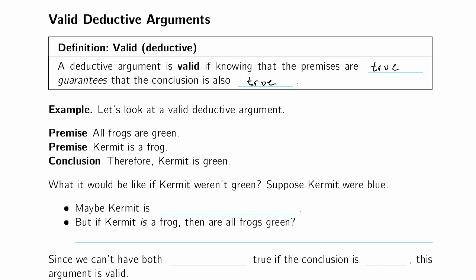Well, let's imagine what it would look like if Kermit were not green. Suppose that Kermit were blue. Well, okay, so I've got Kermit, I'm looking at him, he's blue. Maybe he's not a frog. Maybe the second premise is not true, and then there's no problem, right? But if Kermit is a frog and he's blue, then are all frogs green? Well, no. If Kermit is a frog and he's blue, then